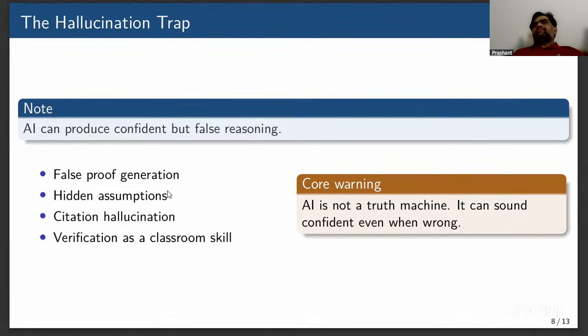For example, you can ask the AI to prove that irrational numbers are countable. It might produce a wrong proof, trying to prove the thing. This is just to give you an idea. Now the AI is powerful enough that it can tell you the statement is wrong and give the correct proof, and maybe it gives you a way of how to prove it. It is that advanced now.